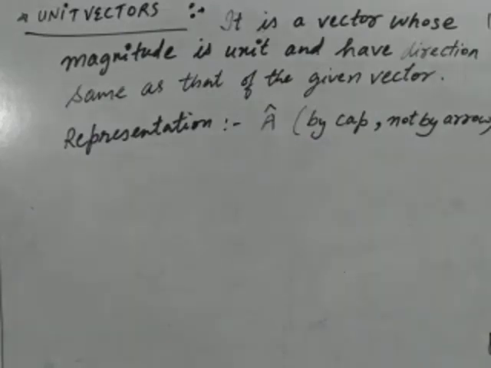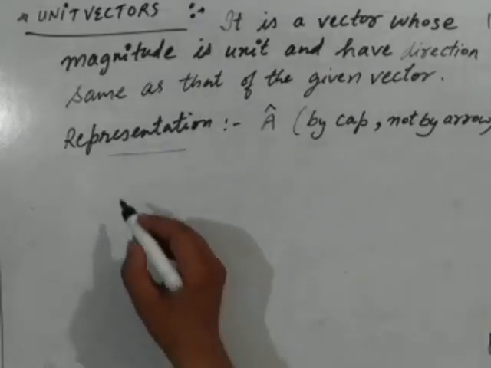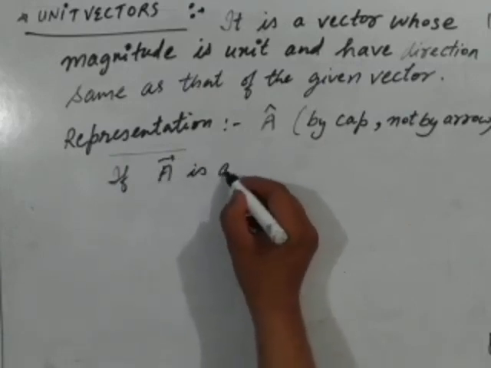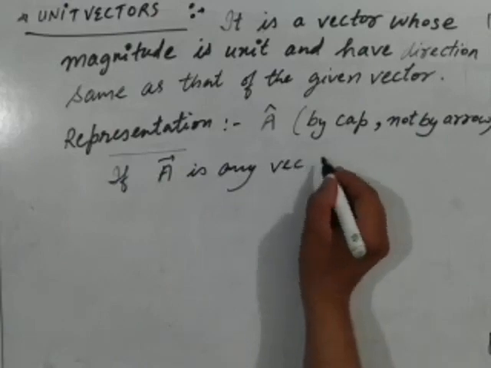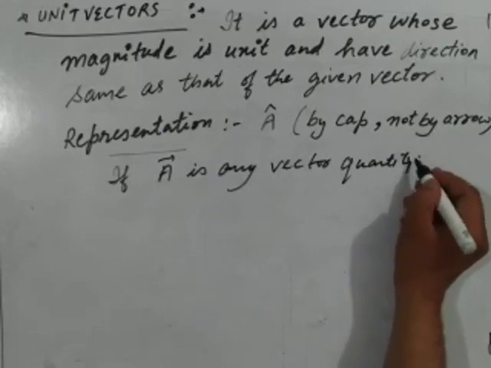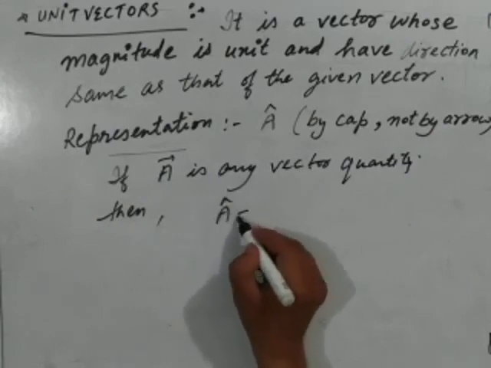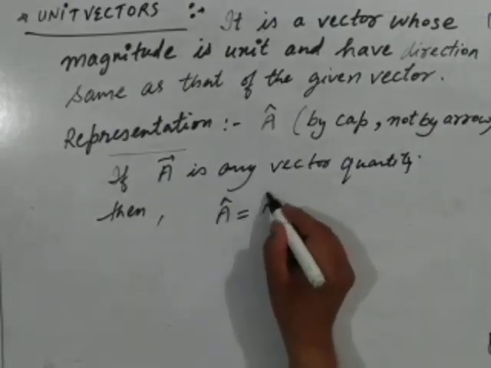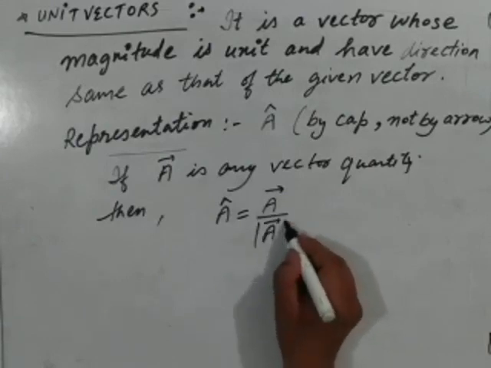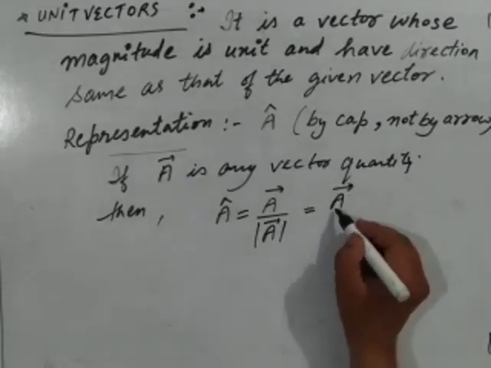So if we have to find out the unit vector of a given vector A, if A is any vector quantity, then its unit vector, that is A cap, is equivalent to A vector upon modulus of A, that is its magnitude. So we can write it as A vector upon A,